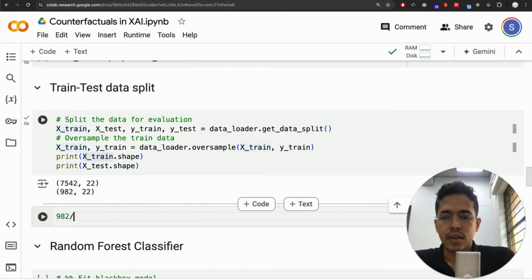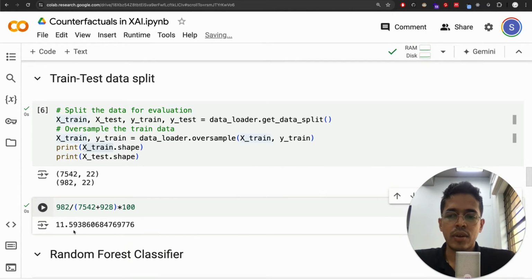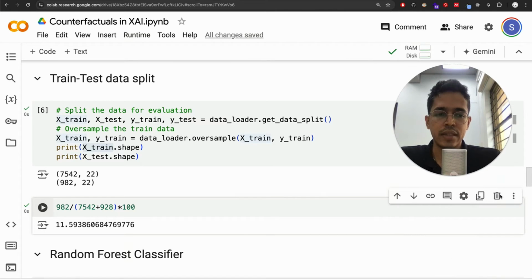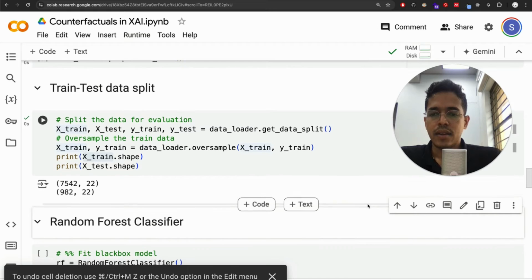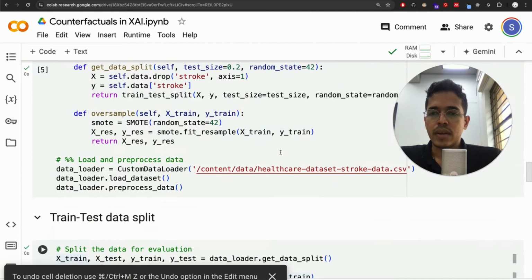982 divided by 7542 plus 982, multiplied by 100. So this is the percentage. So around 11 to 12% is used for testing, and the remaining is used for training. We can also print